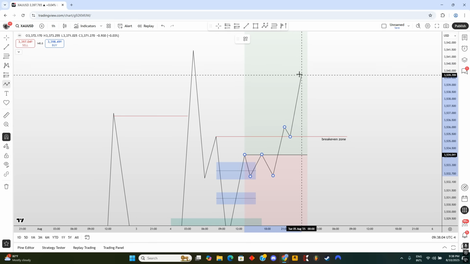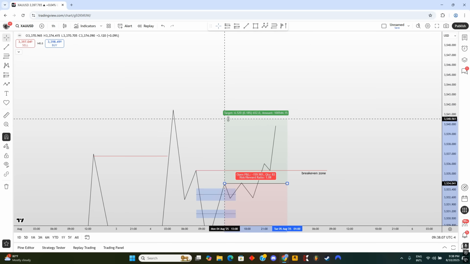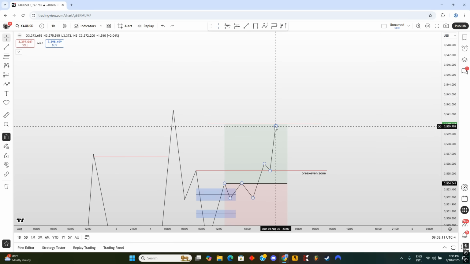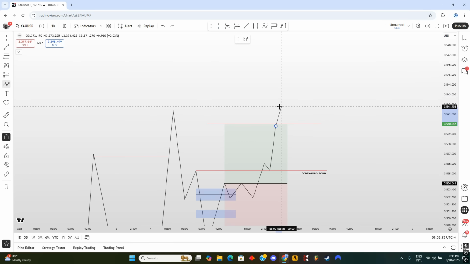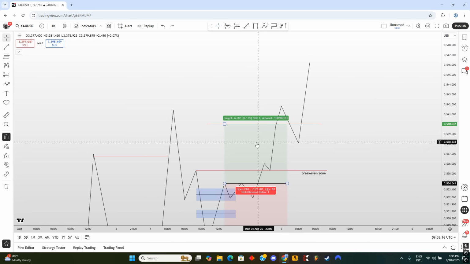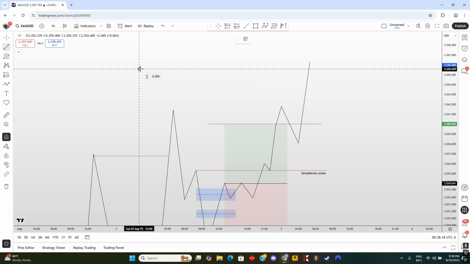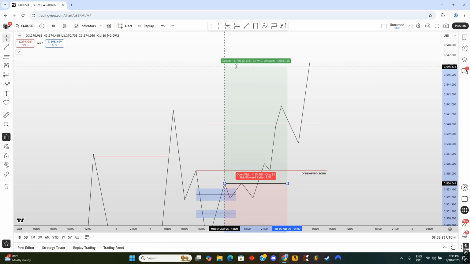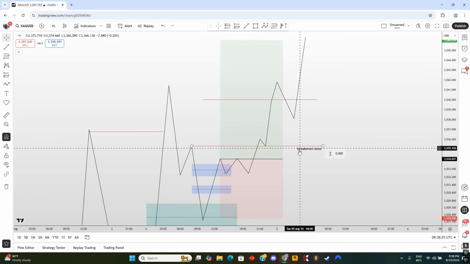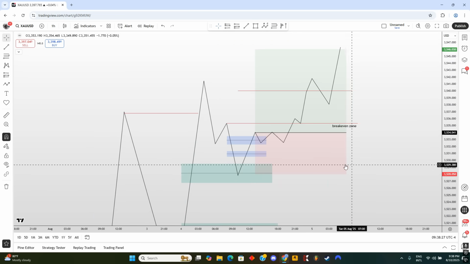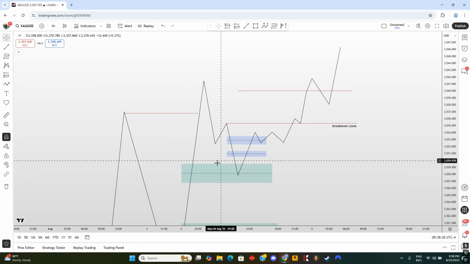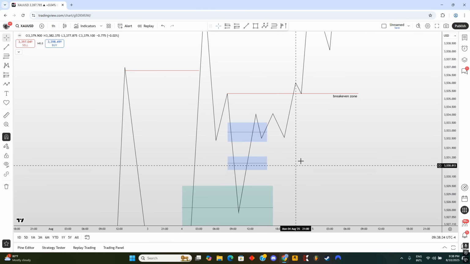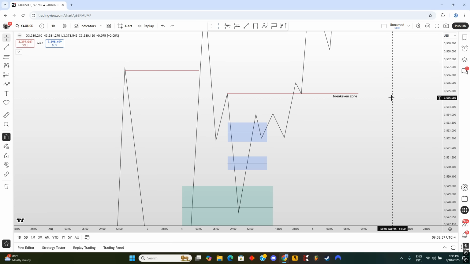All right, and now you can either take one partial at 1-to-1, so close around 30% of your position here, right? And then hold your trade until 1 to 2 risk to reward, or 1 hour equal highs, or buy side liquidity. So as you can see, you can easily hit 1 to 2 risk reward with this strategy because we are coming off of like a 1 hour fair value gap. We are using a dynamic confirmation entry model with proper risk management.